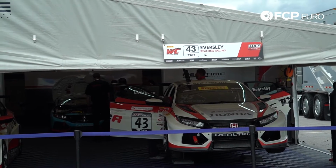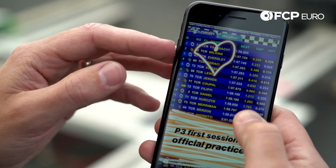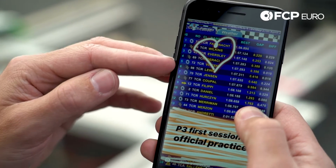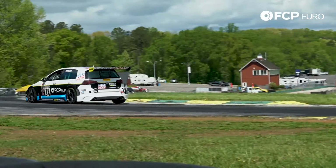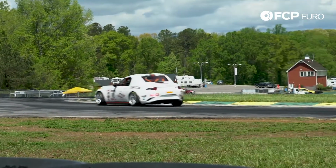Talk a little bit about what it means to be in the top 5 in a field such as this. These guys know what they're doing, and I saw this on some of the social media this morning. It's like, yeah, VIR, my favorite track. I've never raced here, and so to be running lap times within even a second or two of someone who's a very well-established pro driver at one of their favorite tracks